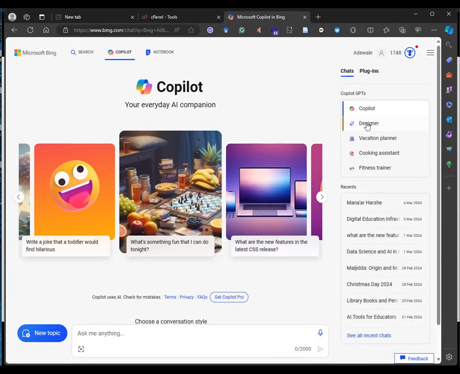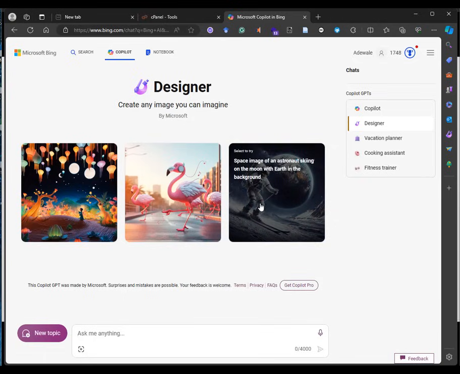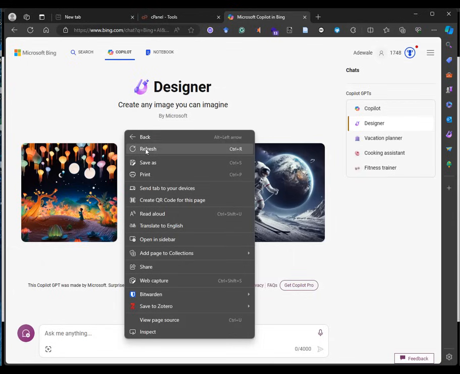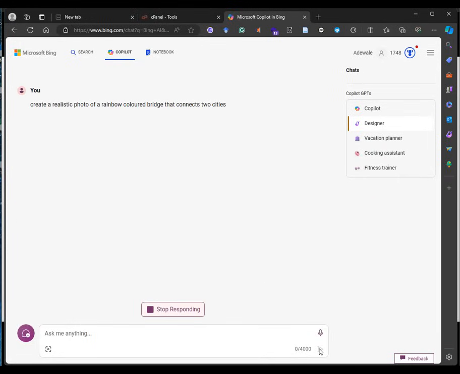Coming to Copilot, by the right hand side here, you'll see Designer. If you click on Designer, you see that you can actually create any image you can imagine for free, which is very interesting. Or let's say I want to create a realistic photo of a rainbow colored bridge that connects two cities. I'll just simply type the prompt and click on create,